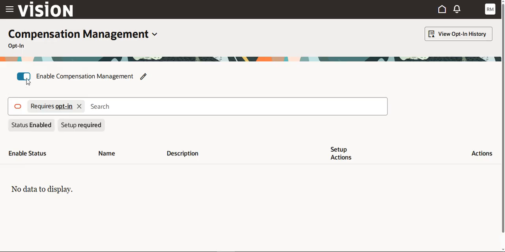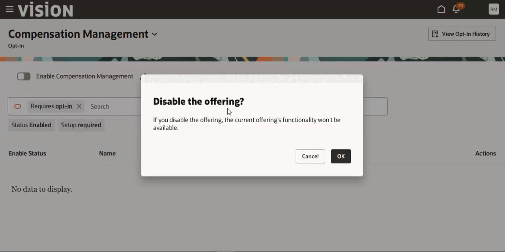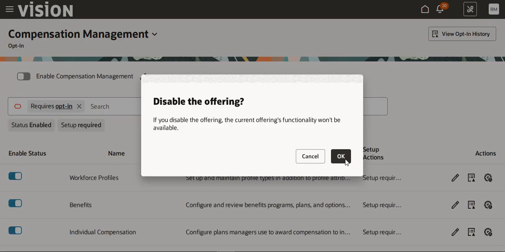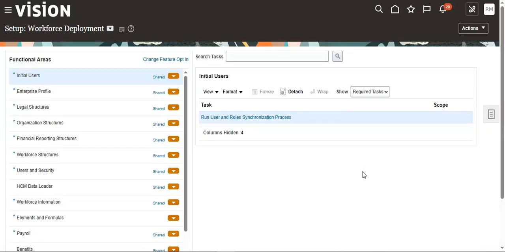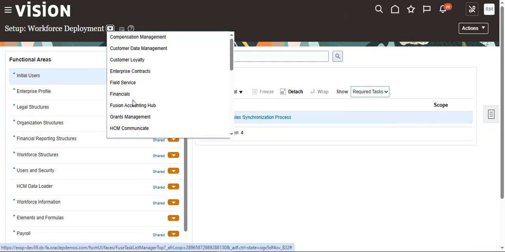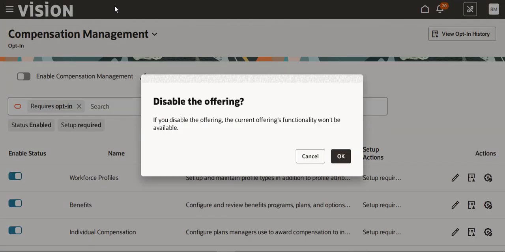I totally disable this, disable the offering. Before clicking OK, I can show in another screen window. See, here it's showing compensation management setup. So once I disable, in this drop down list, this will not appear. Okay, so I can disable this offering,